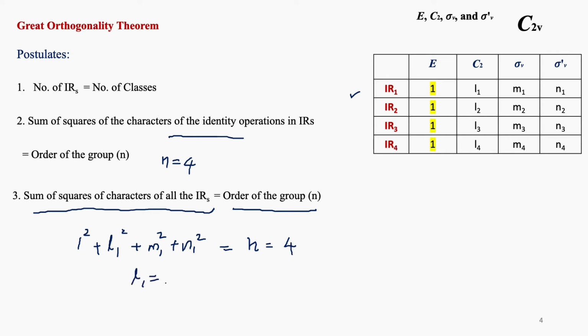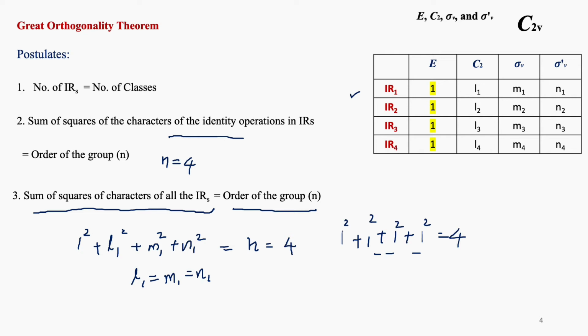Assuming condition L1 equal to M1 equal to N1, it will be like 1 square plus 1 square plus 1 square plus 1 square, that is equal to 4. These values can be negative also. Still we will get a value of 4. So this is like a hypothetical condition where all the values are becoming 1, where the symmetry of the molecule is not getting changed. That is also a possible